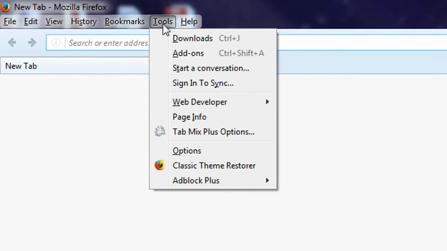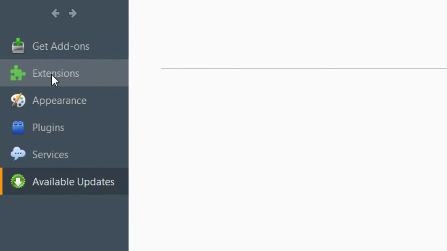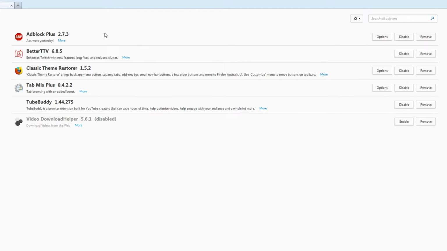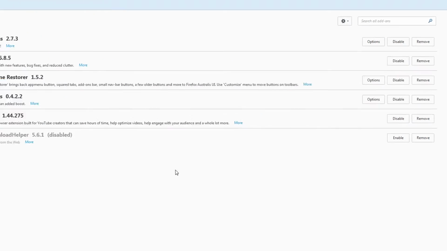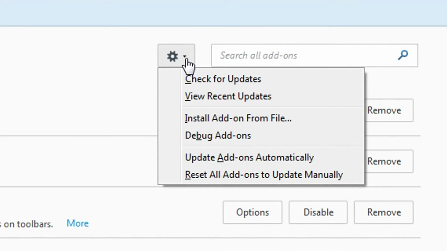The next and really important thing you need to make sure you do after you've updated Firefox is to make sure that your add-ons or your extensions are updated as well. To do this, go under the Tools menu and click on where it says Add-ons. Then over on the left hand side, click where it says Extensions. Now if you don't see anything here, it just means you don't have anything installed. But if you do have some stuff here, what you need to do is go up to the cog at the top right hand corner of the screen, and you will see the option to click on Check for Updates,